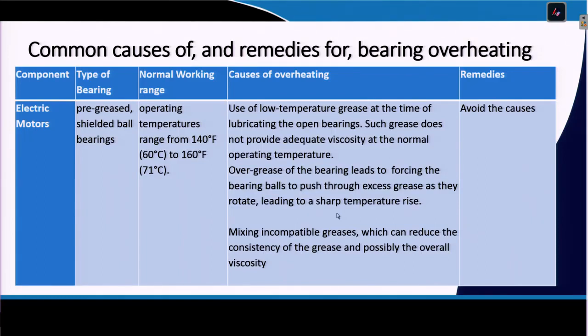Now, you may see that for every machine they prescribe a particular type of lubricant, the grease or whatever it is. We will be discussing this in our maintenance lectures also, how exactly and what type of properties of grease need to be selected. But one thing we should be careful about: never mix different types of lubricants together, because every lubricant has specific qualities regarding its performance, that is, what type of viscosity, what temperature range and all. Now, if we mix them up, they may behave totally differently and your machine may